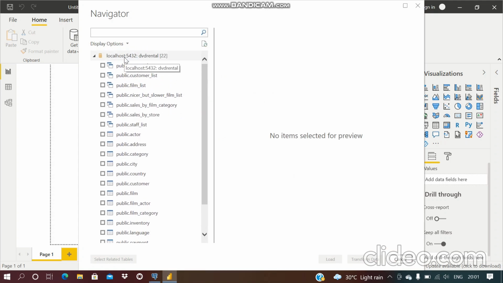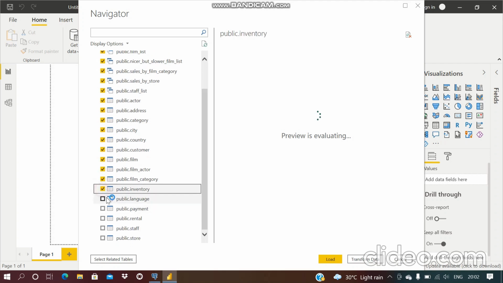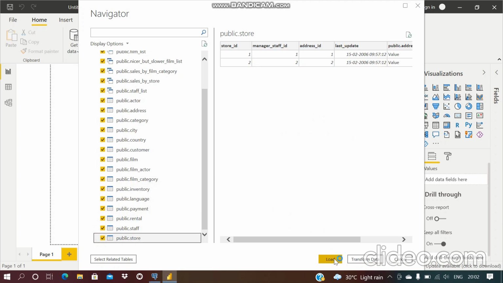so these are the datasets from pgAdmin. Just select whatever columns you need. Just select all those things here. So here we can see the option load.